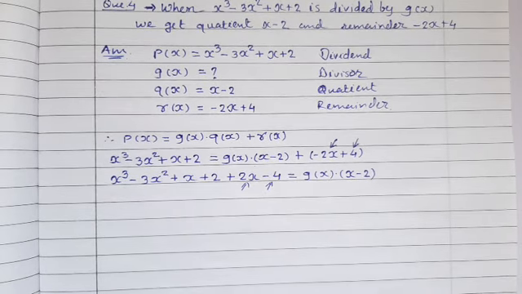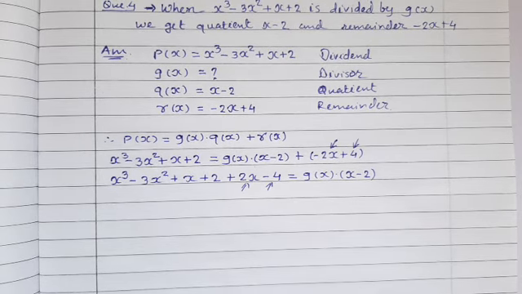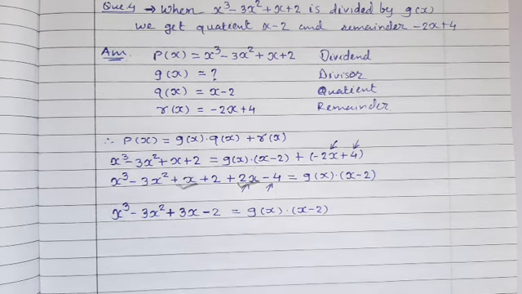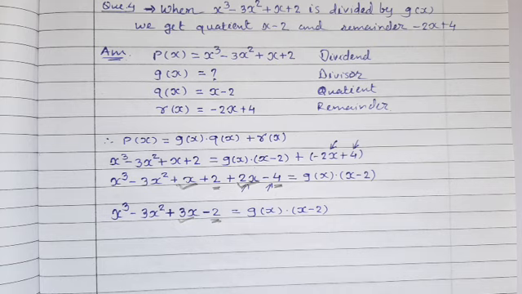I brought these two terms minus 2x and 4 at the left hand side. So I got this condition: x cube minus 3x square plus x plus 2 minus 2x minus 4 is equals to gx into x minus 2. Now by making sum of x and 2x, I got 3x and plus 2 and minus 4, so I got subtraction minus 2. Now to find out gx, I have to bring x minus 2, which is in multiplication with